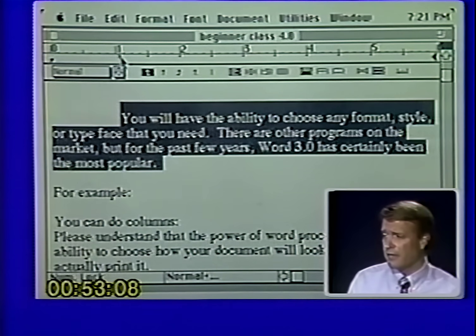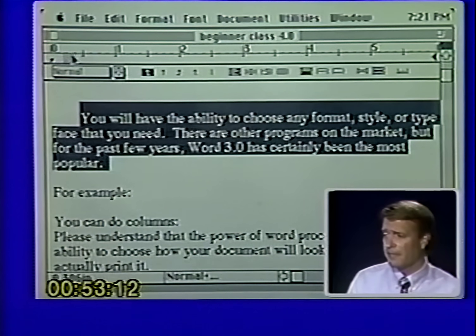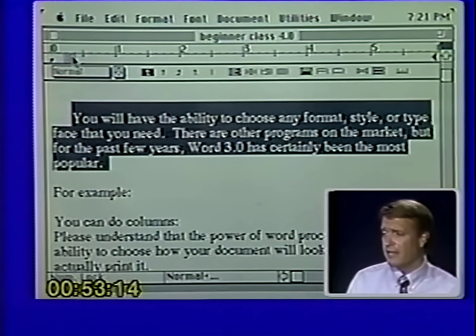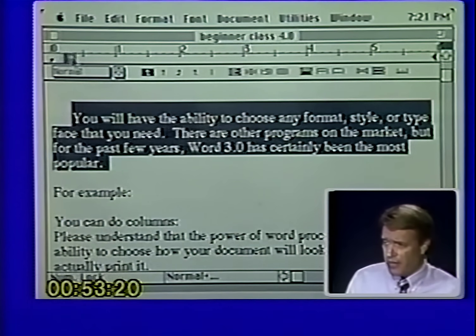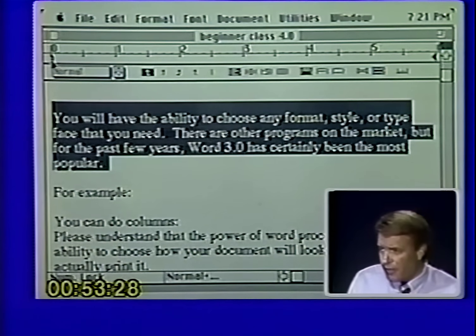If I move it over to here, you can see I can bring that margin or that indentation anywhere that I'd like. All right, so now every time that you do a return, your first line will automatically be indented. Now, not only can I move the top part of that triangle to the right, I can also move it to the left. This is officially called a hanging indent, by the way. Sounds like something you get on your foot.